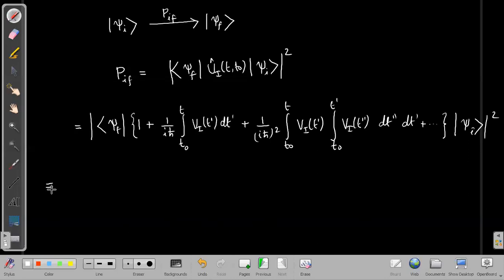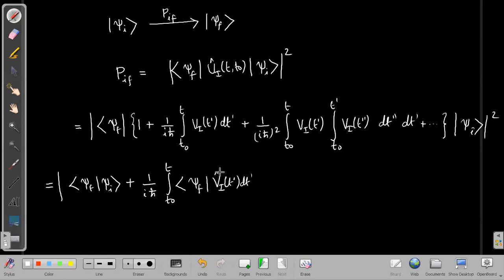So I can do some simplification. The first term will be simply the inner product of psi f and psi i, plus the second term, which would be 1 by i h cross times the integral from t0 to t of the inner product of psi f, VI(t') psi i dt', plus next is 1 by i h cross squared,